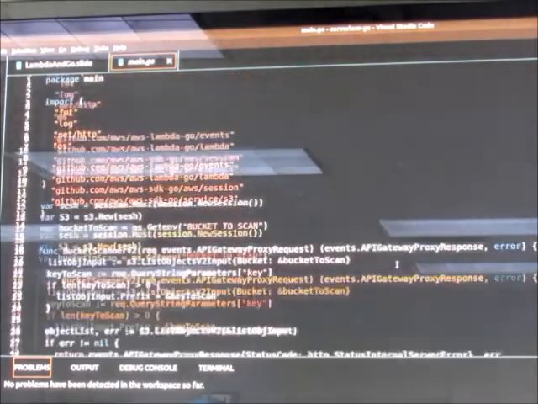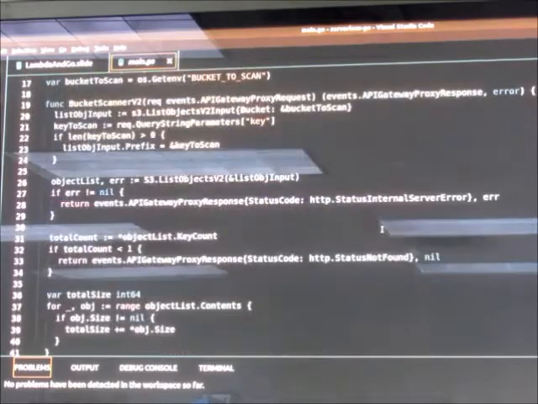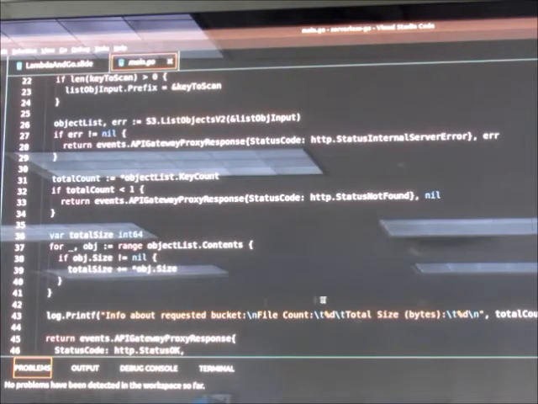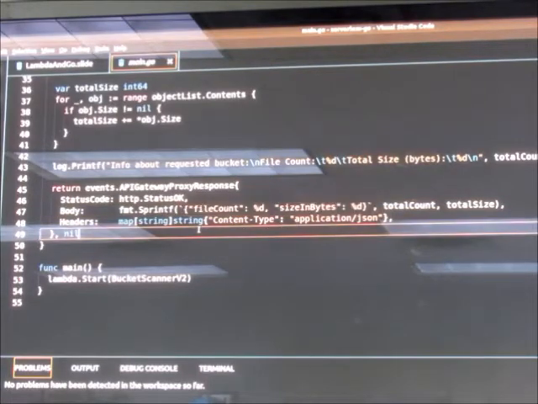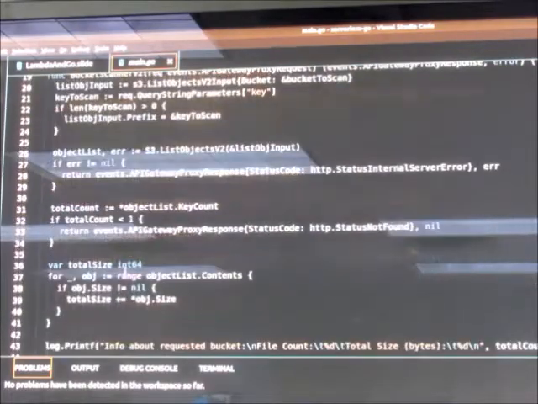You're not going to be getting any nice reader or ReadCloser objects. But other than that, everything's pretty much the same. It also prints out the file count and size of a bucket, and it returns it in a little JSON. So, any questions about this?